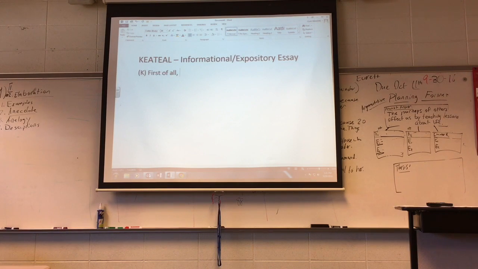So first of all, the journeys of others teach us important lessons like, and at this point I want to pull from whatever I had in my K1 box on my plan sheet. Whatever I had in my K1 box is the lesson that I want to focus on for that paragraph. In this case, it's going to be about temptation. So first of all, the journeys of others teach us important lessons like, or how about we just go, such as,